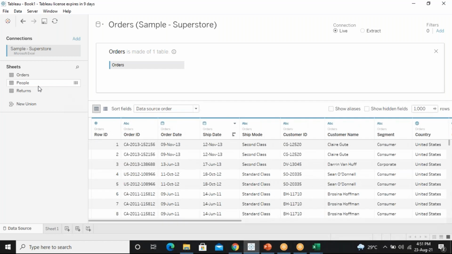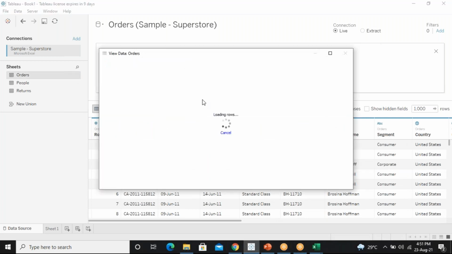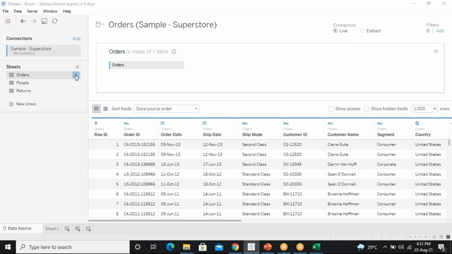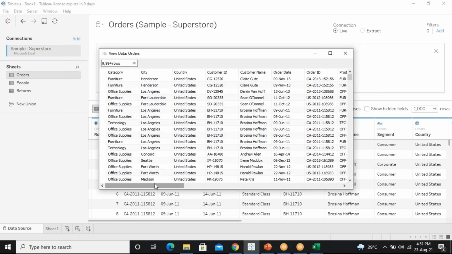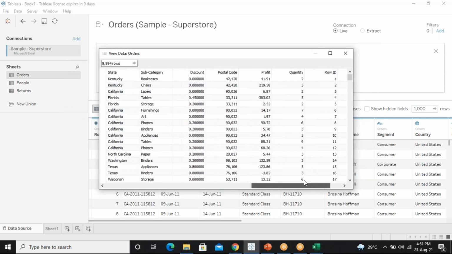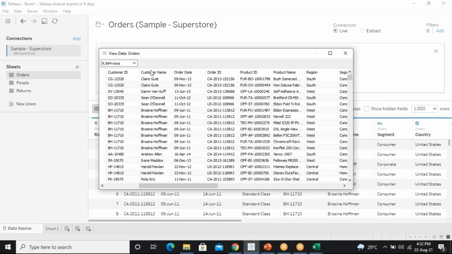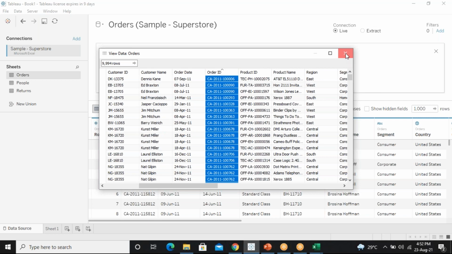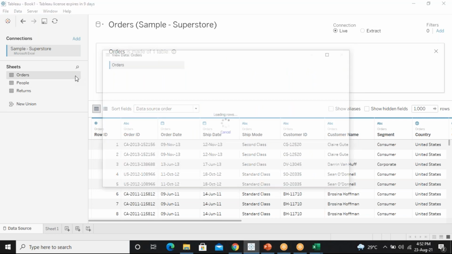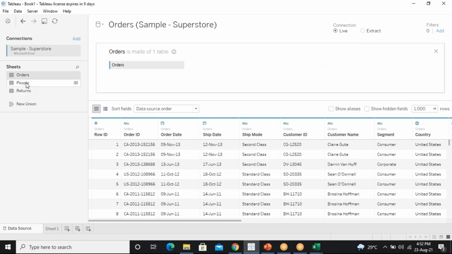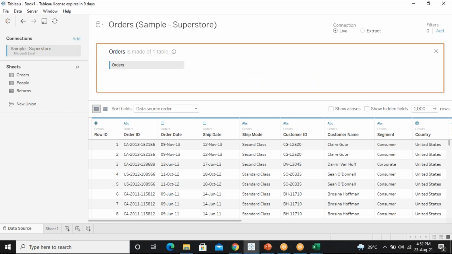I can view the data here also. I need confirmation before I work on what data I require and whether that type of data is there. Order ID I required, so it is there here. So next, I will take this particular people sheet and I will make it like this.